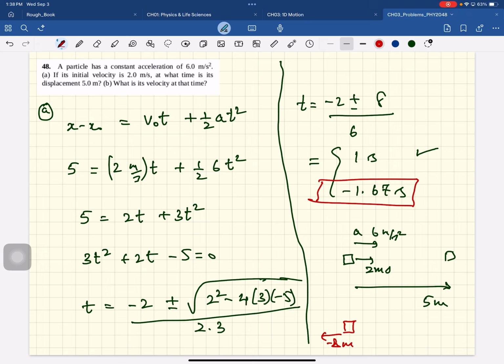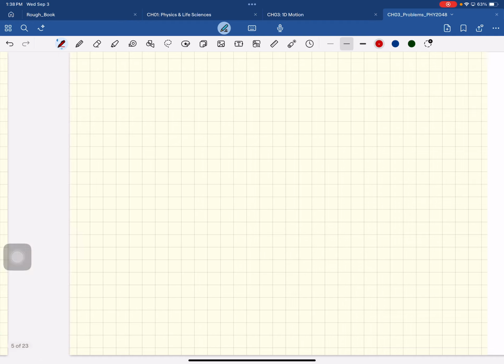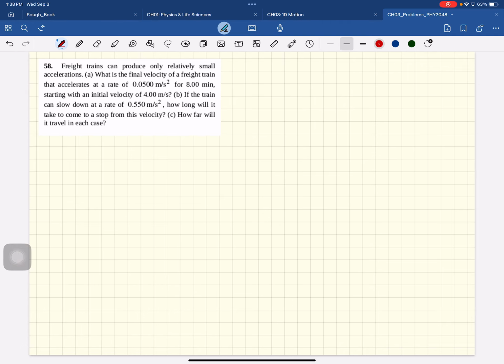1.67 seconds ago, and you had this acceleration, again, don't worry about it if you don't understand it, you go like that, and you would be there at time t equal to 0 seconds at 5 meters. So in 1.67 seconds, that's where you'll be, all right? For our purposes, all you have to do is this is your solution. Okay? But the reason I pointed that out is because